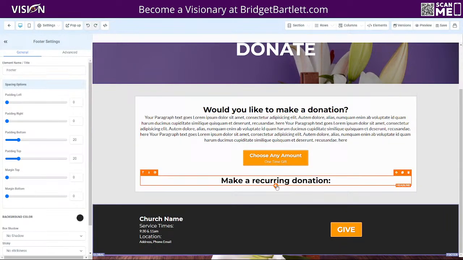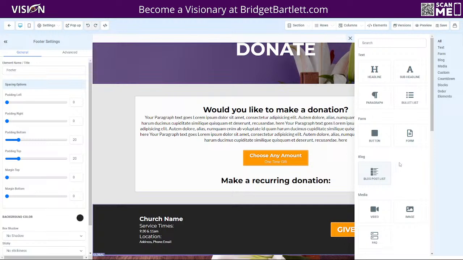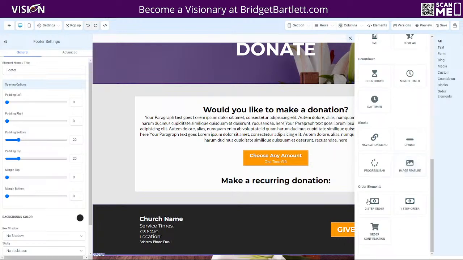Okay, so now here, what I want to do is click this little plus sign, and scroll down until I see the 1-step checkout form. Now, the difference between the 1-step and the 2-step is the 2-step checkout form is great if you are a software reseller, or you just want to make sure they enter their contact information before going to the checkout page. The reason I say it's great for a software reseller is because a lot of times